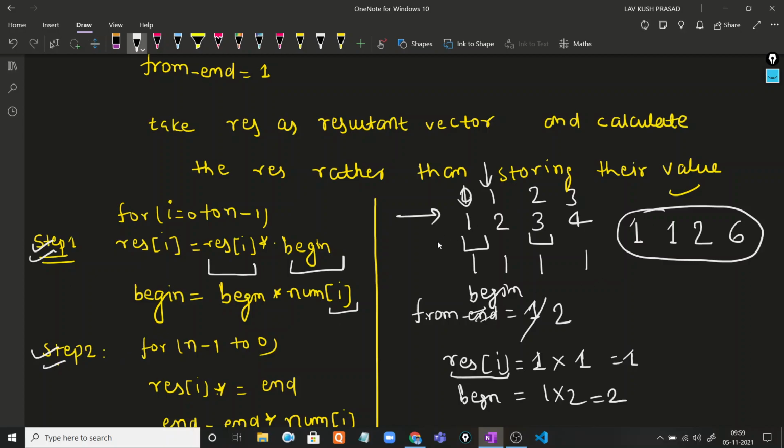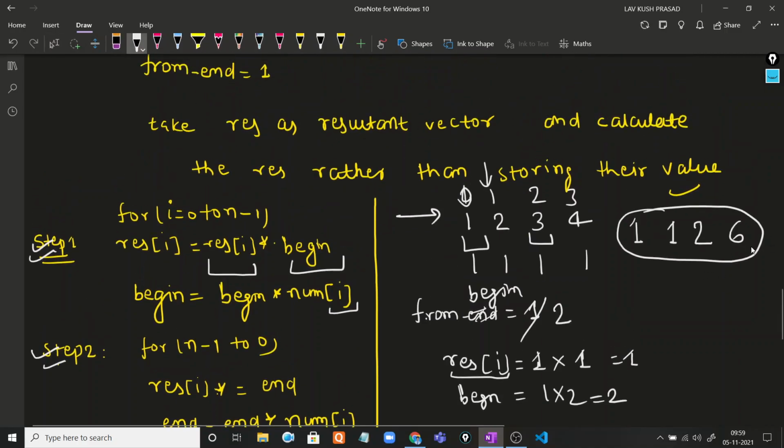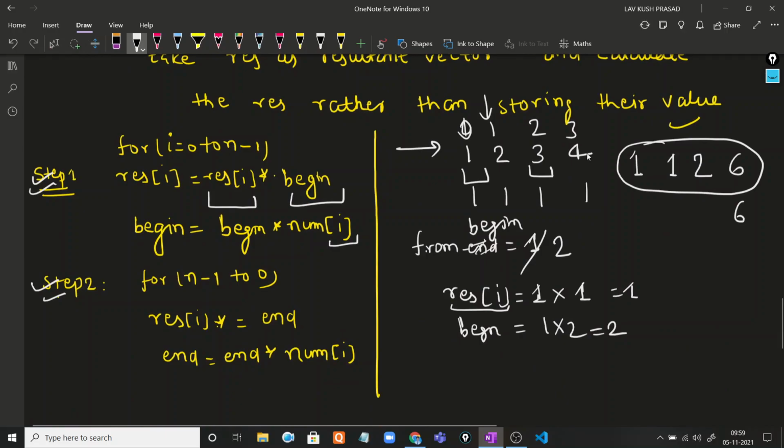In this case, at the last index it is 6, and we have to multiply with 4, so it gives 8, and similarly for the other cases it gives 12 and 24.